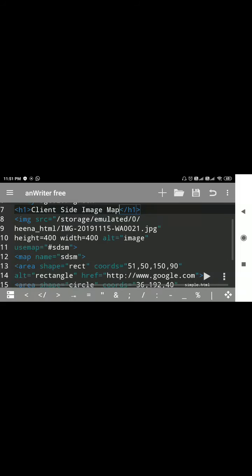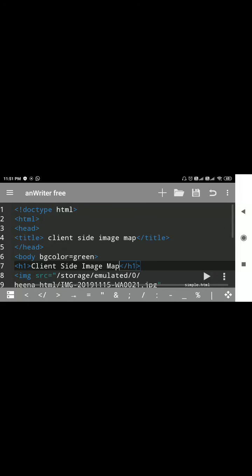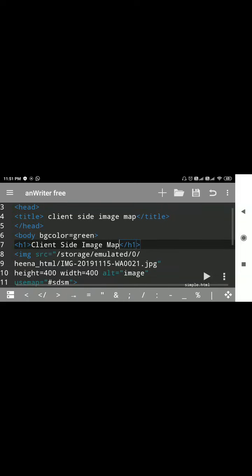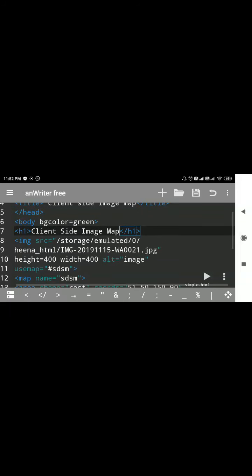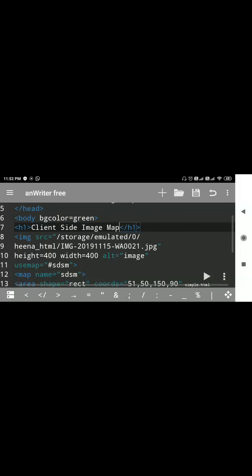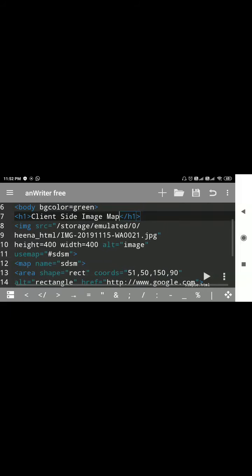Here I already typed the code for client-side image map. Exclamation mark, doctype HTML, head, title, client-side image map, then /title, /head. We use body, bgcolor is equal to green. Then we'll make use of one sentence in the highest heading level, h1, client-side image map.